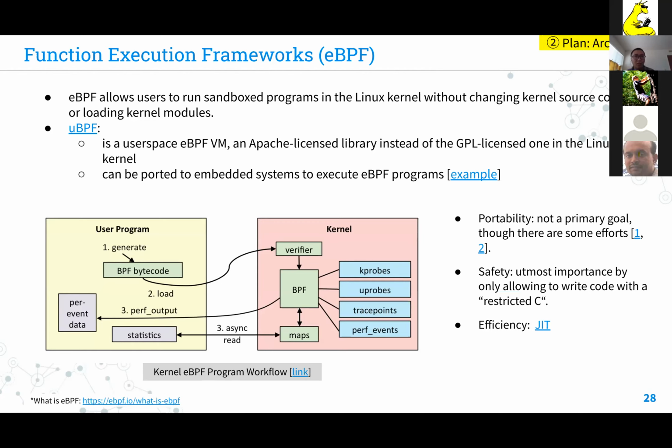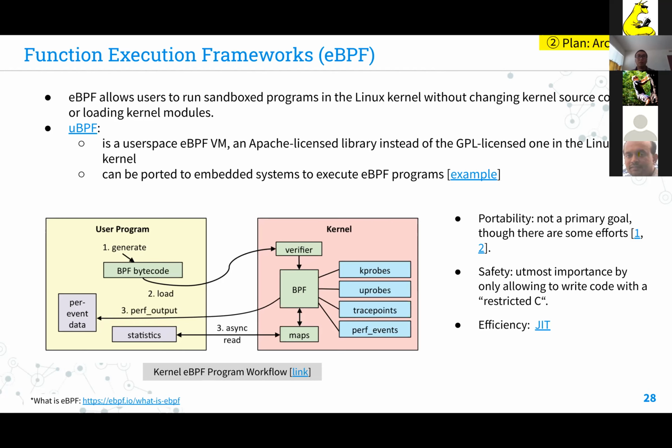With this code, right now people can port it onto different spaces, such as embedded systems, to execute eBPF programs. And here's an example. If you're interested, you can click on the link and see that people are exactly trying to test how it works if the eBPF virtual machine is running within the storage device. The way they do it is to build a QEMU block device, embed the eBPF virtual machine code inside the QEMU block device, and test how it works.